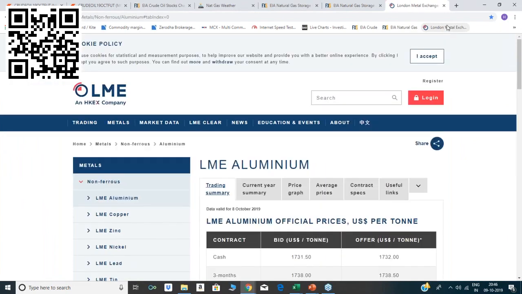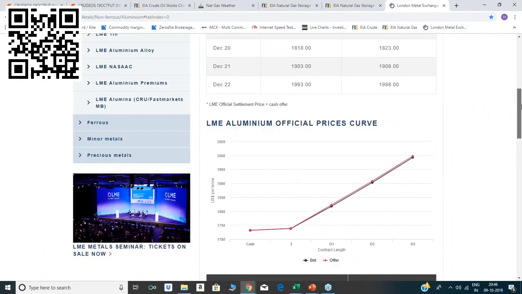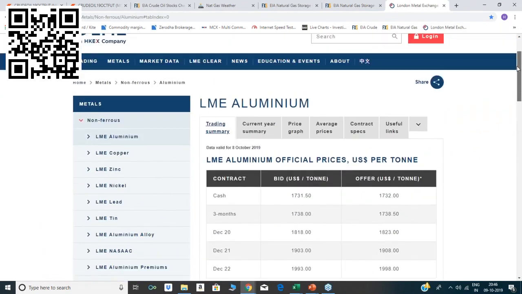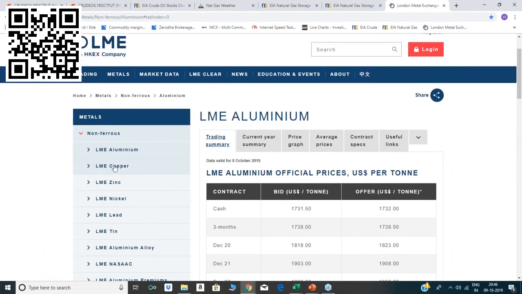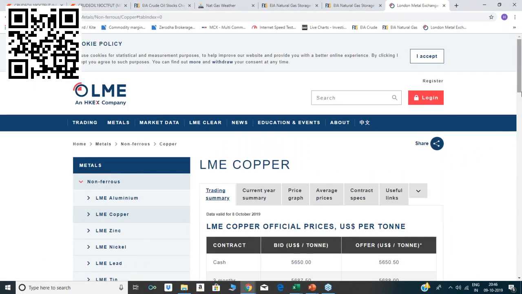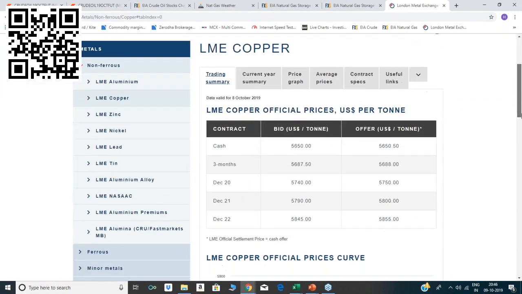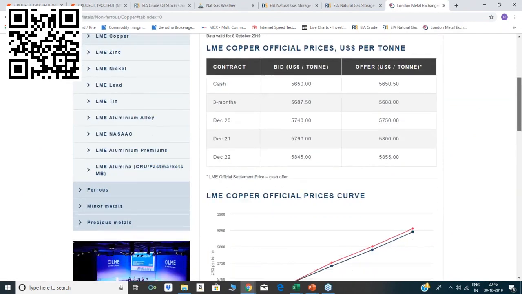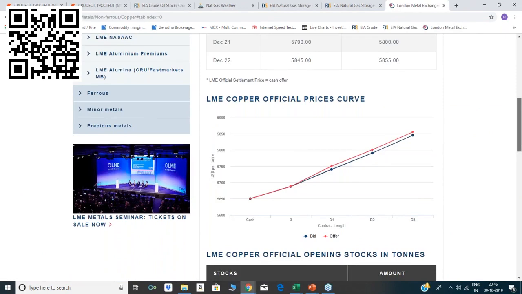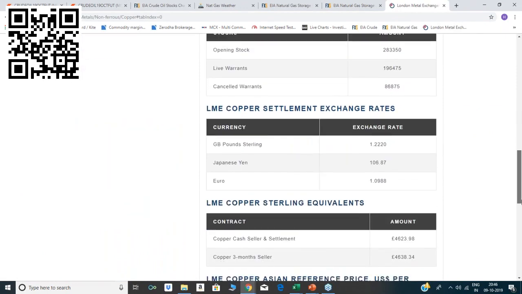Same as our MCX website is. This is the original London Metal Exchange where you get the dollar prices, the price of all the LME copper. You won't get current data. For current data you need to pay, but a few websites are there where after 10-15 minutes, if you search in Google, you will get your LME data around 2:15, 2:30. You just need to Google it.